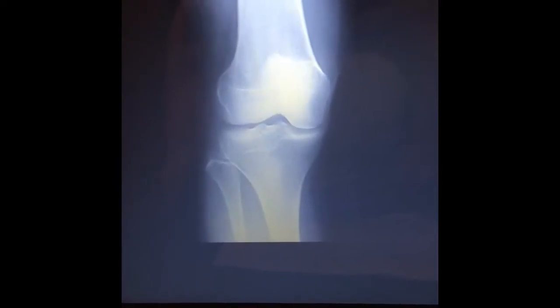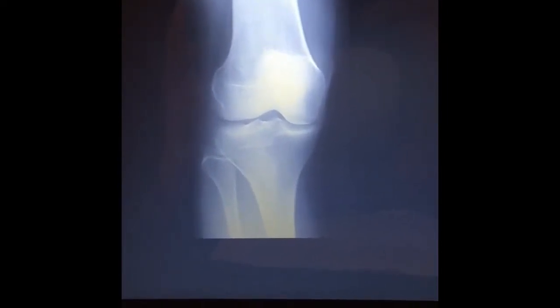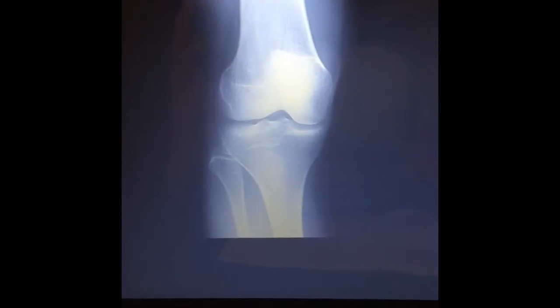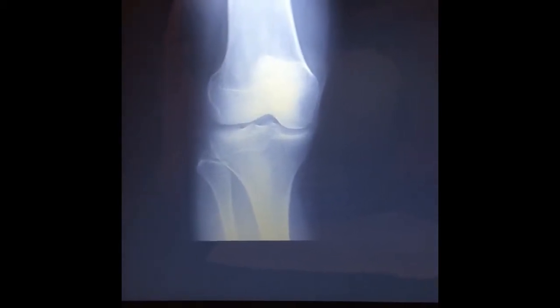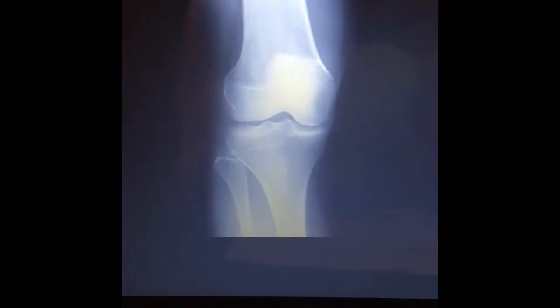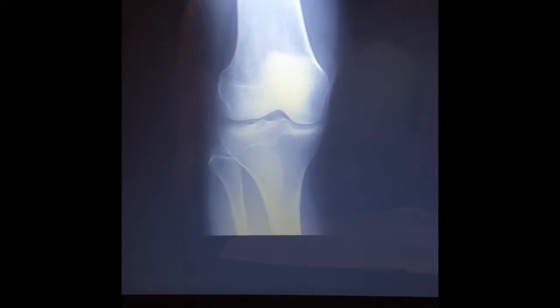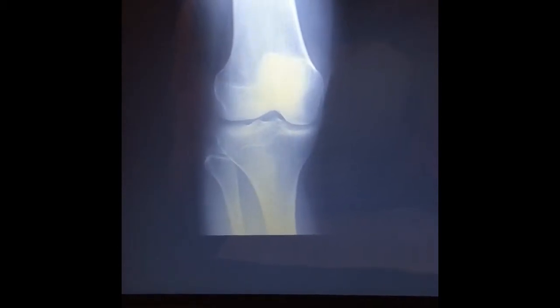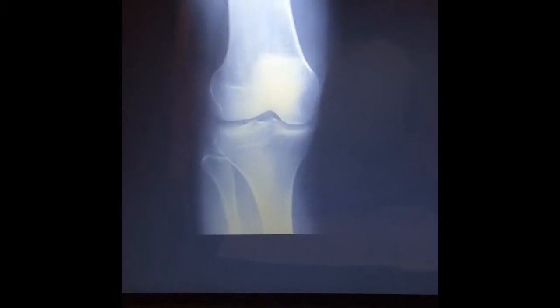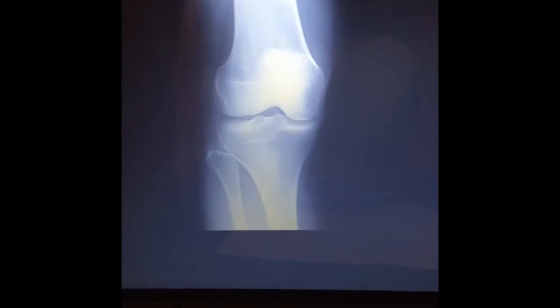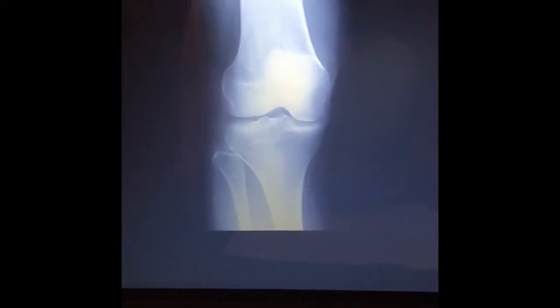The criteria for an AP knee evaluation, we first need to look for proper collimation. We need to make sure that the patient's knee is fully extended. Next, we look for no rotation by seeing that the patella is superimposed by the distal femur. Also, that femoral condyles are symmetrical on both the lateral and medial side, and that there is no superimposition of